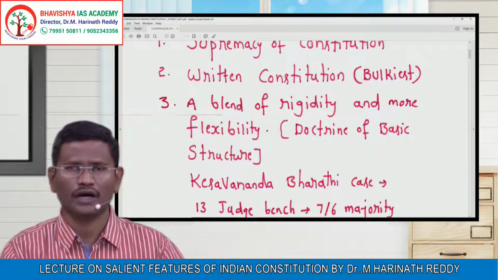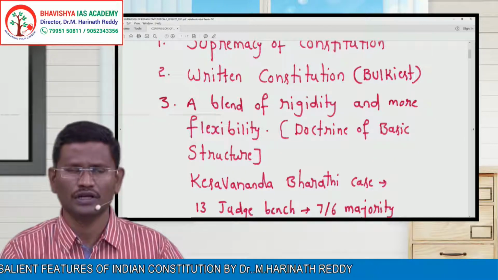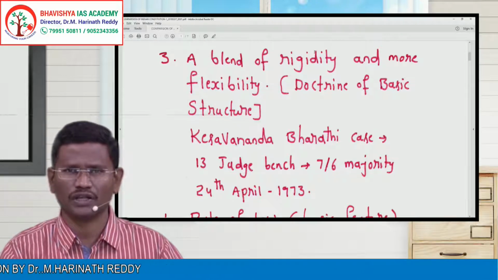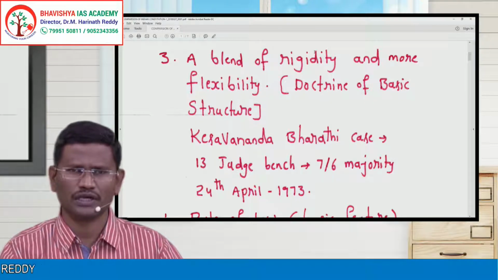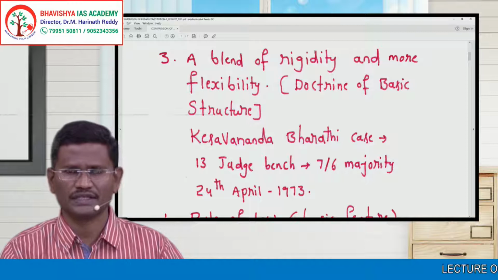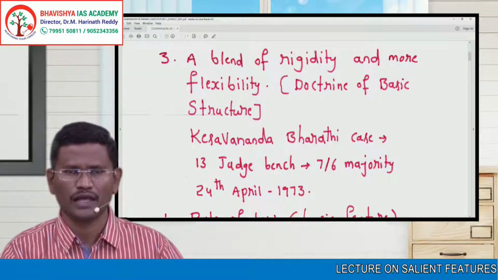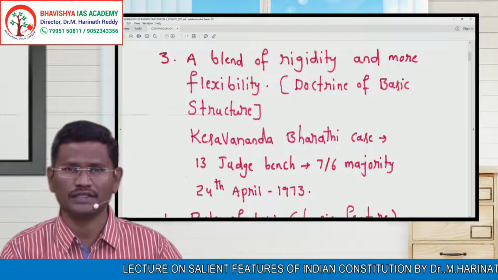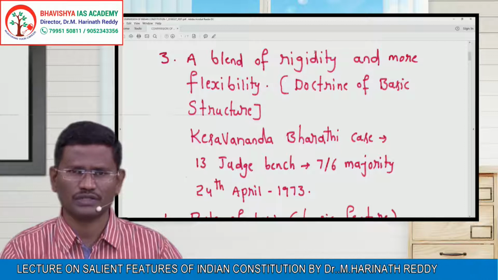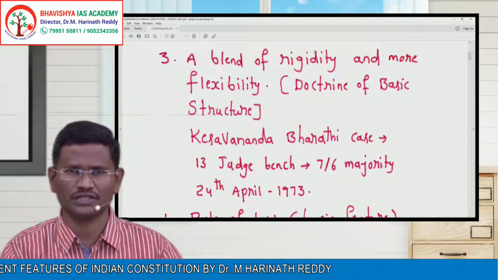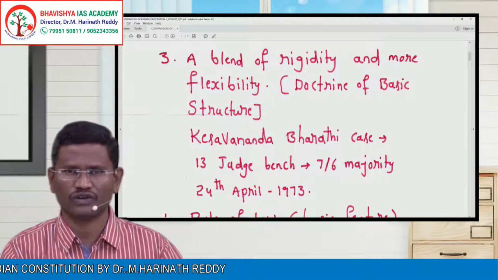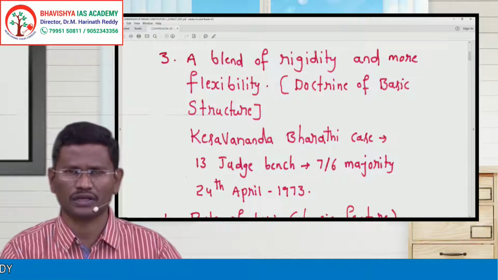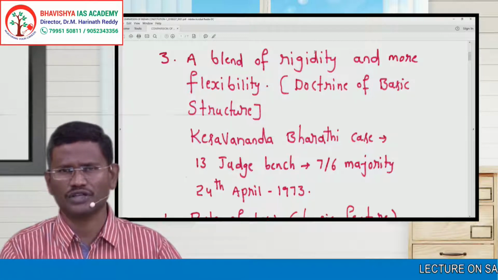But on 24th April 1973, in one of the cases decided by the Indian Supreme Court, called the Keshavananda Bharati case, the biggest bench ever constituted in India, a bench consisting of 13 judges, decided by a majority of 7 to 6. So on 24th April 1973, in the Keshavananda Bharati case, a 13-judge bench of the Indian Supreme Court said that